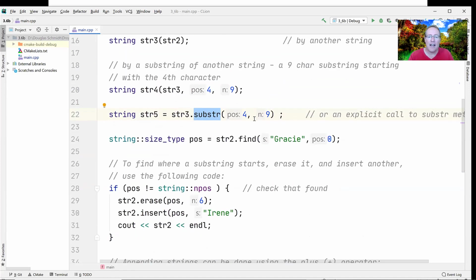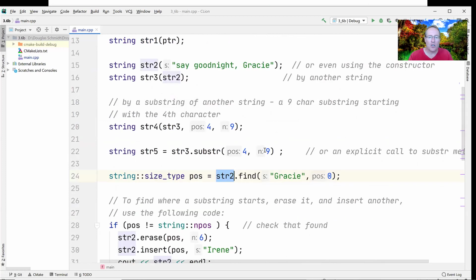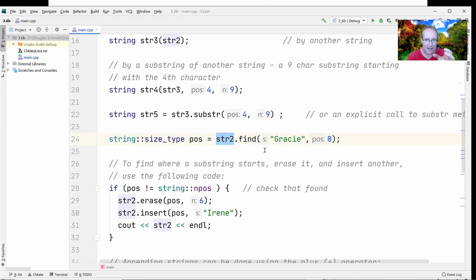Then we can do a find operation looking for the word Gracie in string 2. If you recall, here's string 2, Gracie. That'll return to us the location where that item was found. And if that item was not npos, the end position, which is kind of like looking up something that returns an iterator and having it equal the end iterator, so if we get a match, then we erase things. We erase 6 characters starting at location 6, and then we insert at that location